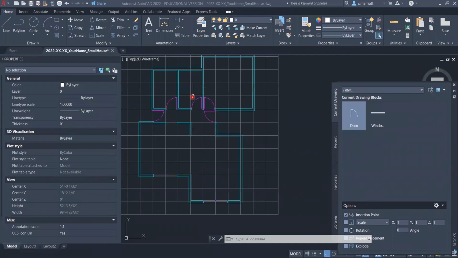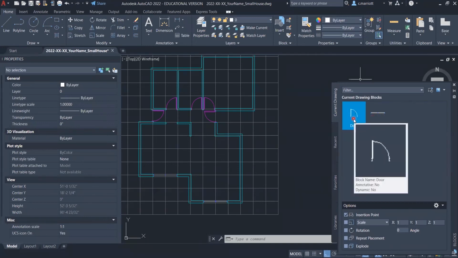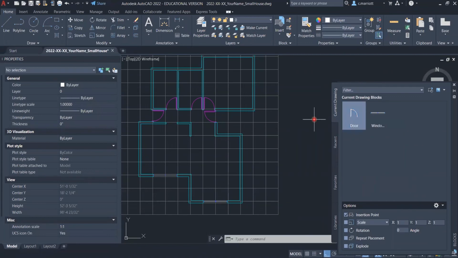Okay, so I've eliminated the windows that I had drawn in here before, but I've made them into blocks. And those blocks should be available to you through the assignment instructions. You need to download them. And once you've downloaded them, type an I for insert so that you see the insertion window up here. And then you'll notice maybe that there's one or two of these blocks in your file, probably just the one